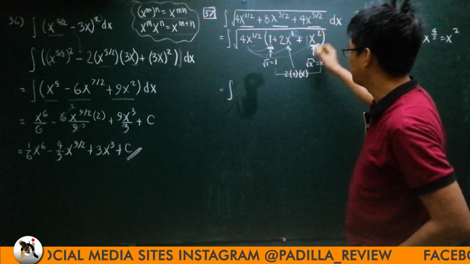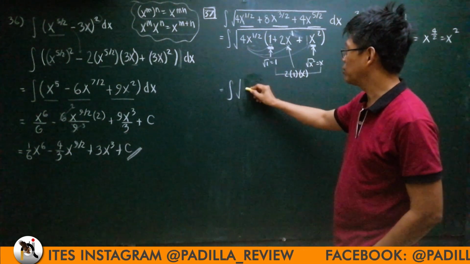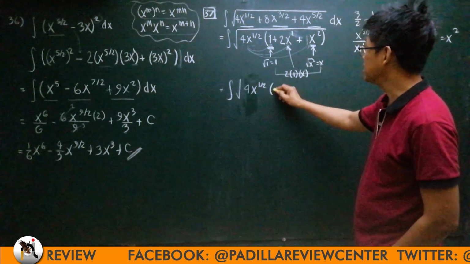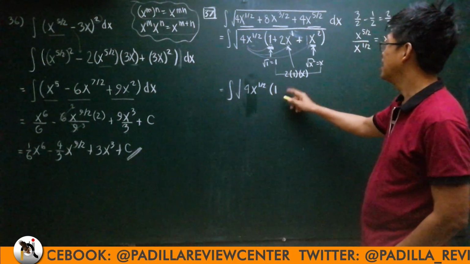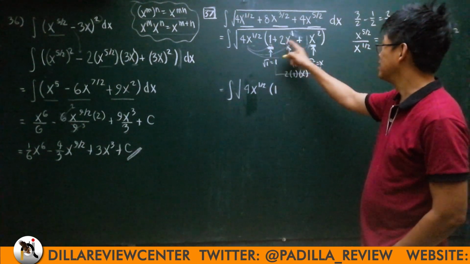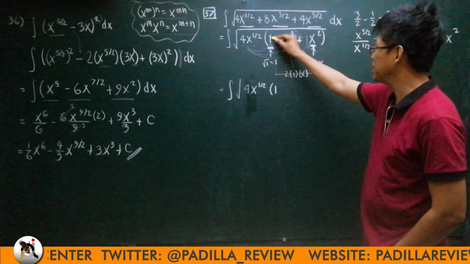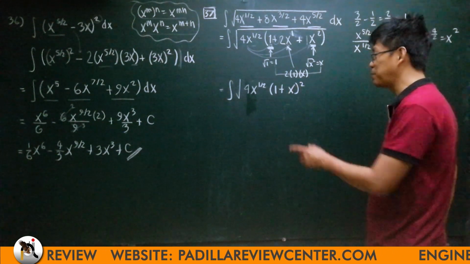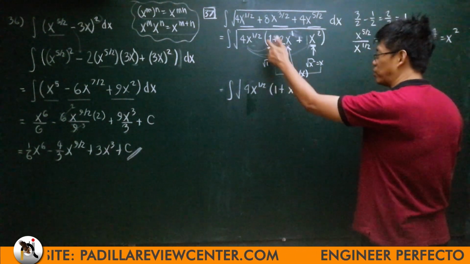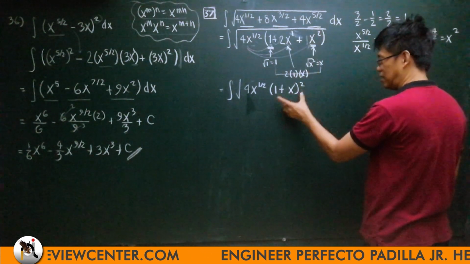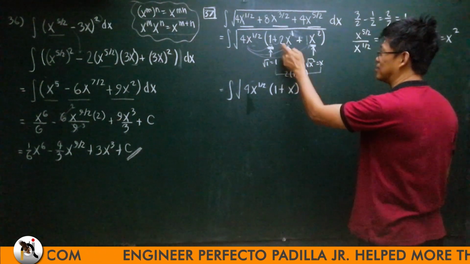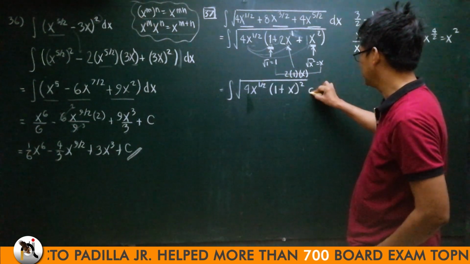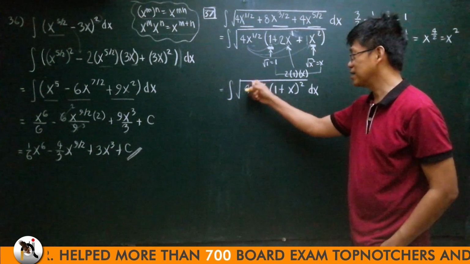Let me first simplify further. This is the square root of 4x to the 1/2. This is the same as the square root of 1, plus x squared, copy the middle sign. You expand this. It would be 1 squared plus x squared plus twice the product, 2x. You get it? So, this is the square root, dx. We get the square root of